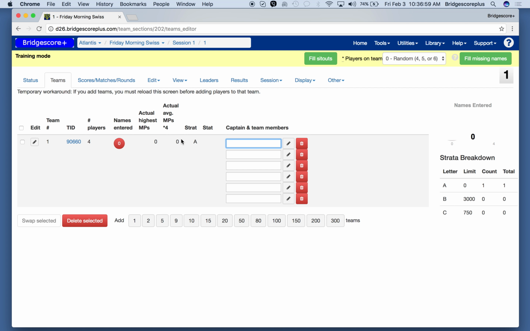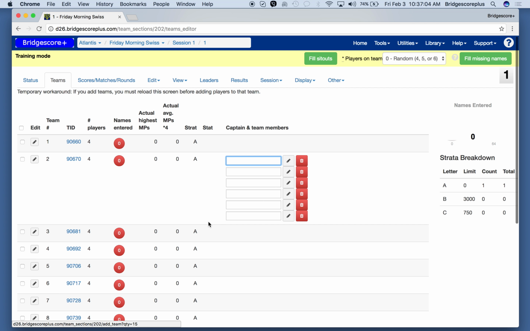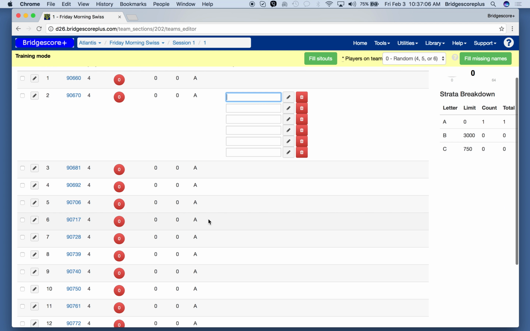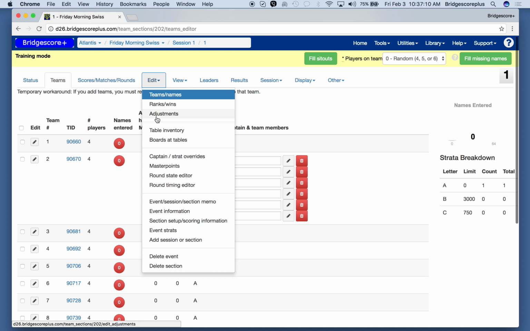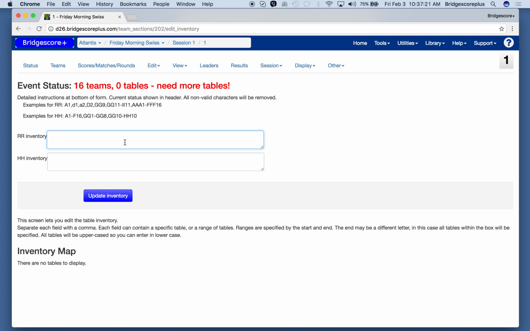With ACBLscore being the primary, we're primarily using Bridgescore Plus for the projector. So I'm going to assume that we have 16 teams. We want to use Bridgescore Plus for the projector, which is going to display the same information as the rack, i.e. who's playing where, and also the leaderboards. So we don't need the Jeffries charts. So I create